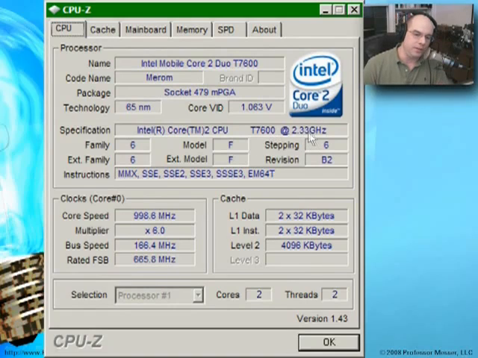Notice this CPU that I have in here is a 2.33 gigahertz CPU. But right now when I took this screenshot, you can see the core speed that's actually running is about a gigahertz. Well, this is a 2.33 gigahertz system that's